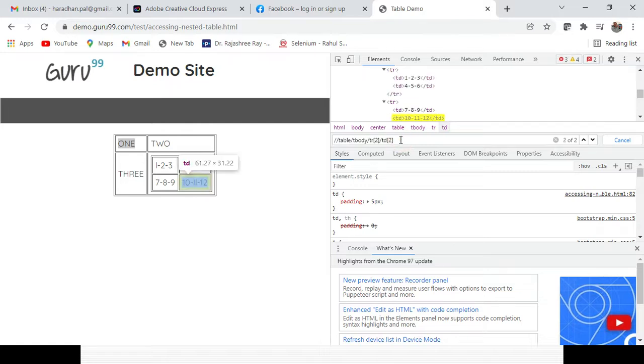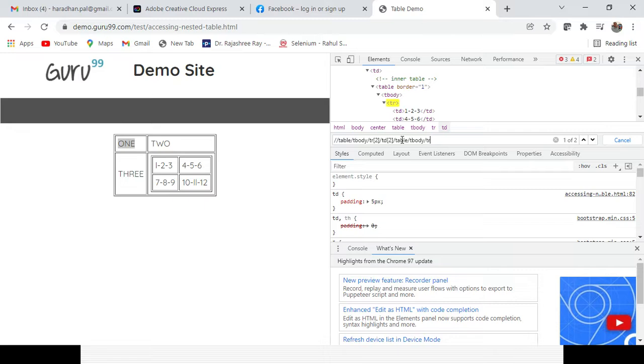So first I am going to the cell. Okay, once I reach the cell, the total cell, you can see here, then I need to traverse to the table which is the inner table, or the nested table here. So I am navigating to the table cell where the nested table is. Then I need to go to the table again, right? So it is highlighting the tables, again tbody,